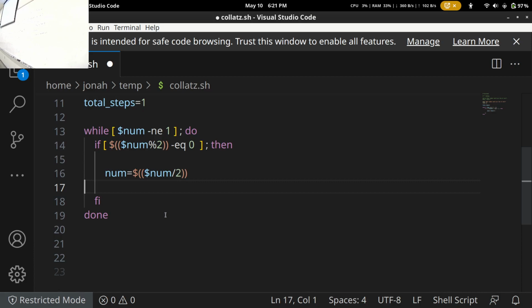Again, it's another little quirk. If you're referring to the variable just as itself, then you don't need the $ sign. But when you actually want the value that's inside of it, $ sign. So again, we're pretty much doing the same thing we did in our if statement. We're just doing some math. This time we're taking the value out of num, dividing it by 2, and then we're putting it into num.